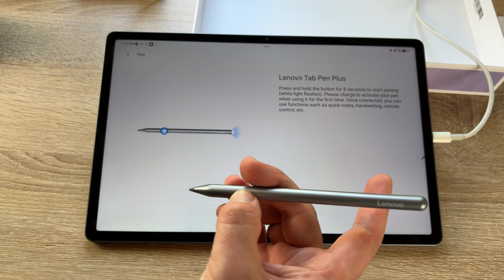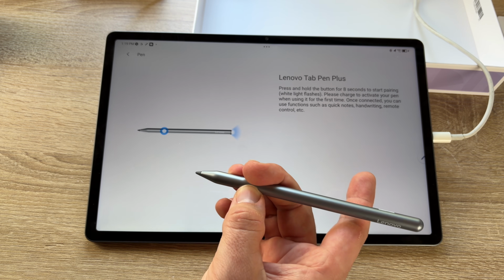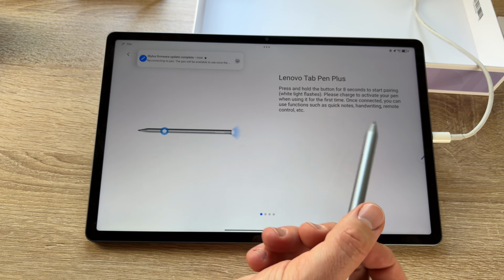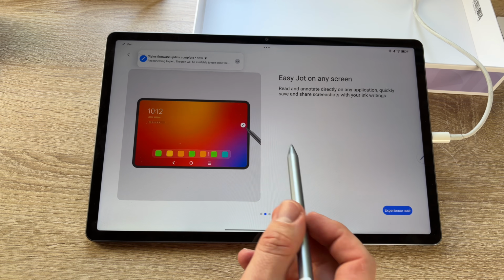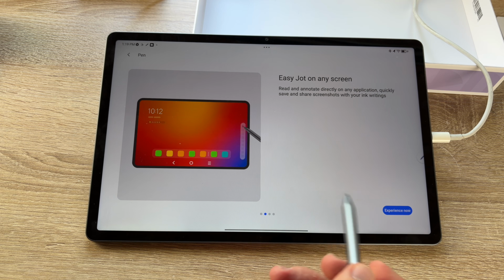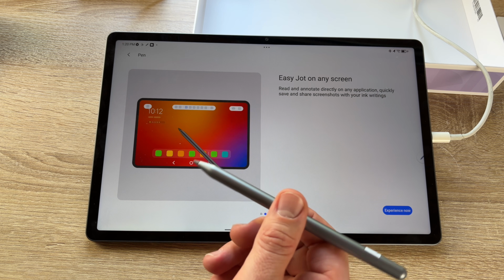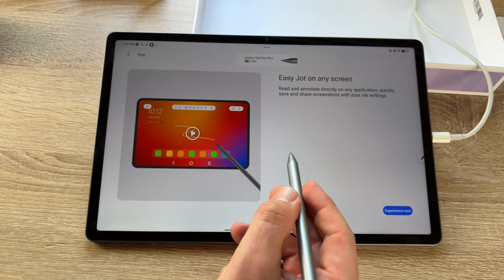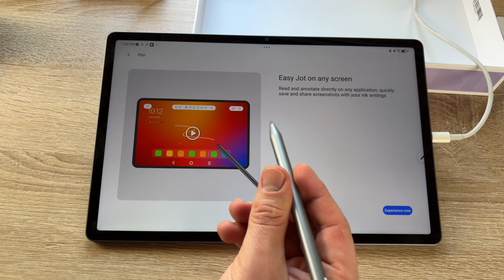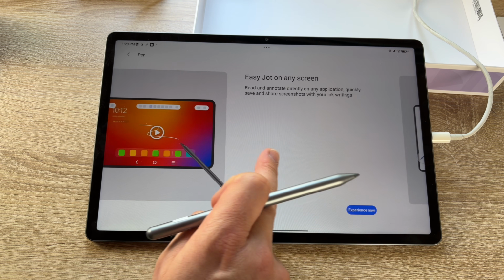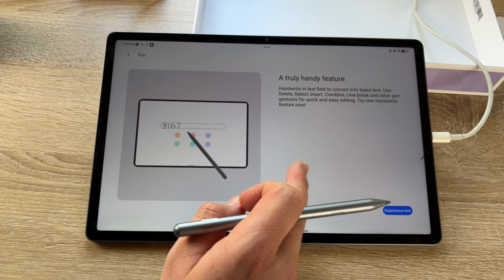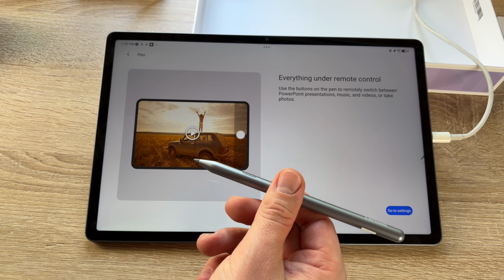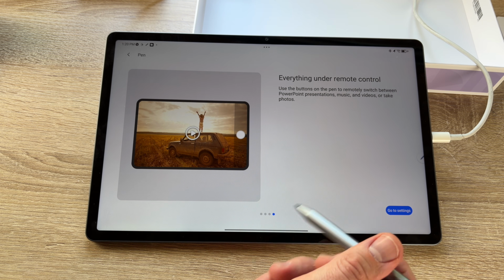So now we let this run. System update is completed, job's done. And we easily join, and here's the information about how we use this kind of pen, for example. And of course, you see it works easy peasy. You can also use your finger to navigate, of course. We can make gestures with the fingers on the device, or with the pen.